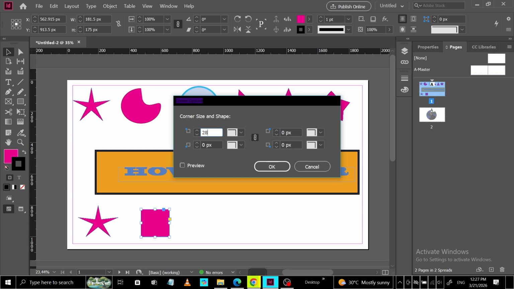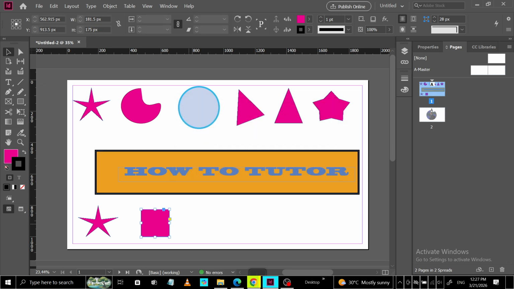That's all you need to draw a rectangle and round its corners in a clean, controlled way. With this technique, you can quickly create buttons, cards, labels, or any modern UI style elements that